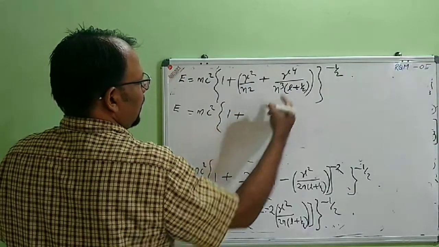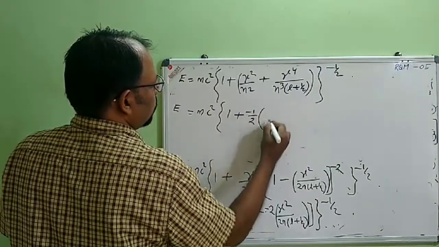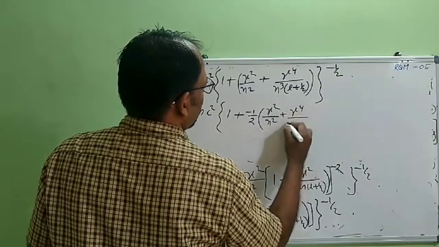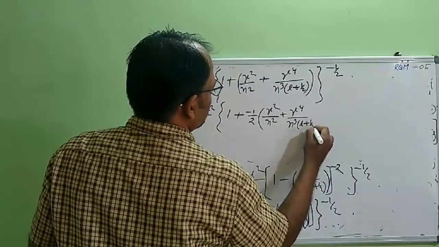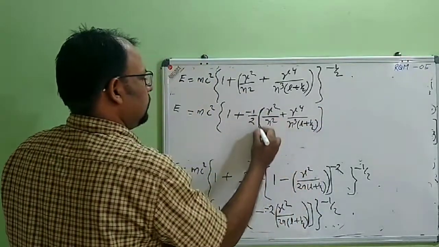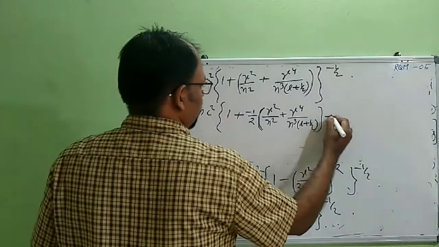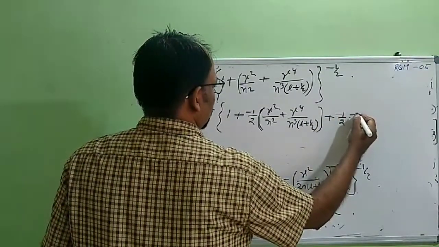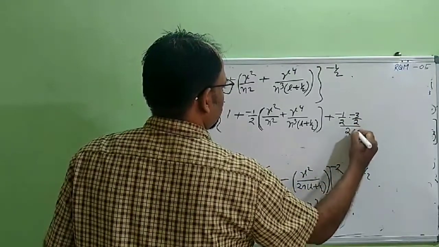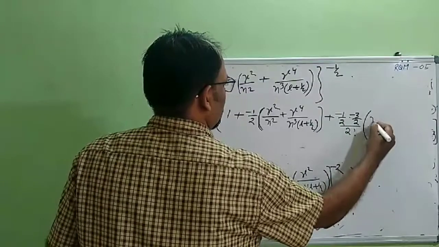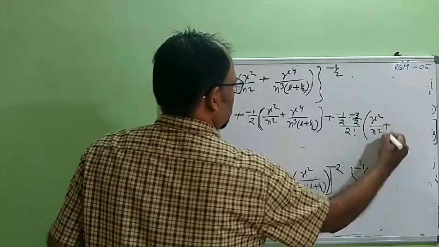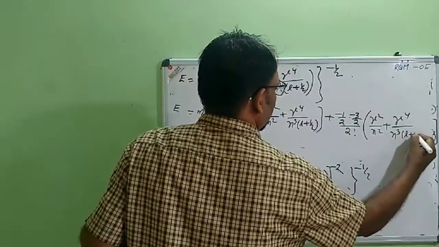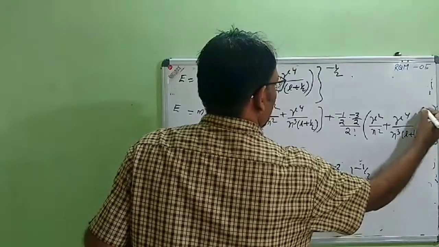1 plus nx minus 1 by 2 into gamma square by n square plus gamma raised to 4 by n cube L plus half. Then 1 plus nx plus n into n minus 1. Minus 1 by 2 minus 1. So it will be minus 3 by 2. N into n minus 1 by 2 factorial into x square. Gamma square by n square plus gamma raised to 4 by n cube L plus half the whole square, neglecting